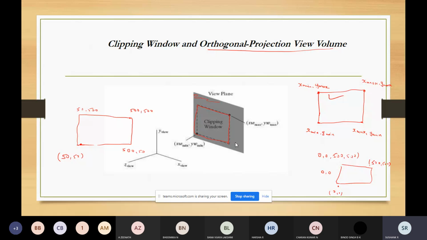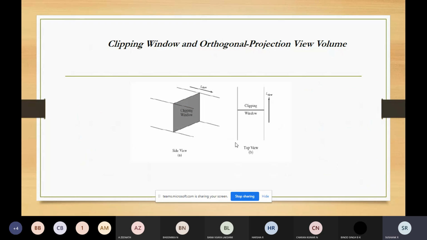So this is how the clipping window will be formed. Here xw min and yw min give the minimum coordinate position, and xw max and yw max give you the maximum coordinate position. You can see the next image.